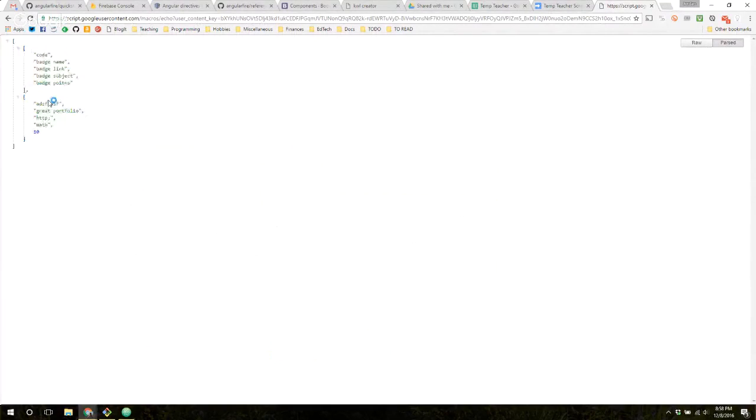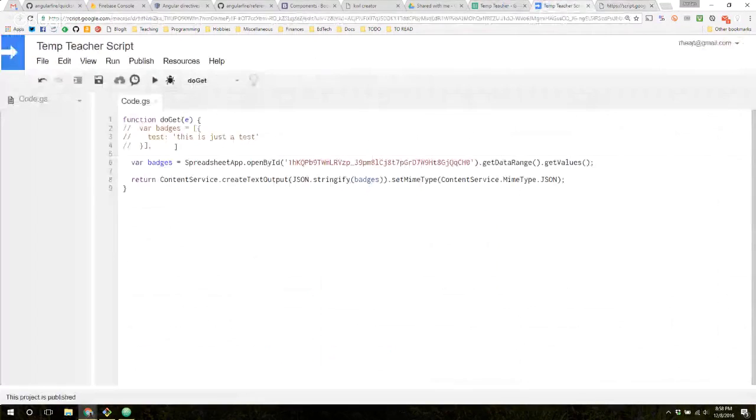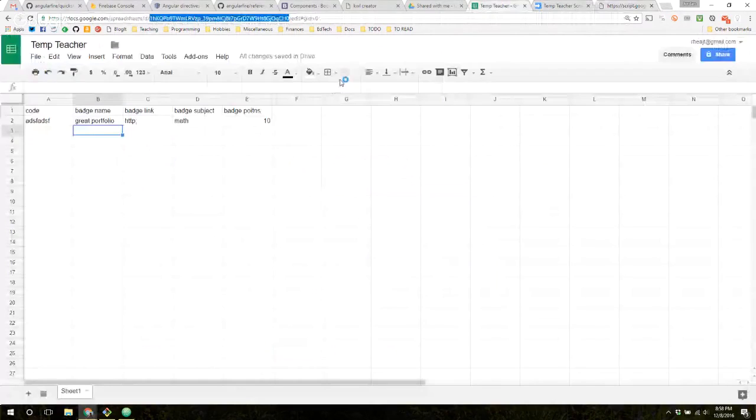Okay. Right. And now this is really unformatted. We would change it around a lot in this doGet function to be able to send it back in the right way. But then, so let's say that, so this is this temp teacher sheet, but in the kid template,